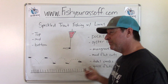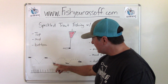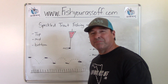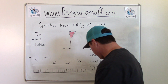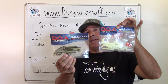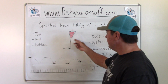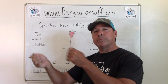So you're fishing a dock. A dock is a great spot to just kind of bounce this on the bottom. So say the bottom is here, and I would just take these and just bounce them off the bottom, because usually around docks is muddy and silty and sandy. You know, so do something like that, or just go in there and use your DOA cows, and just swim them right through there. Oyster bars, you'd probably bounce it on the bottom, you swim it with the current, you could use this, there's a lot of different ways. Your spoon, remember you're casting up current, you're working it back,